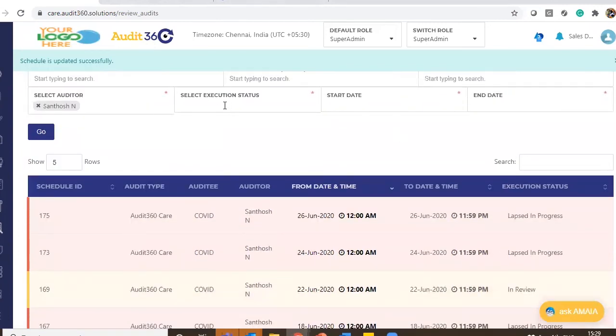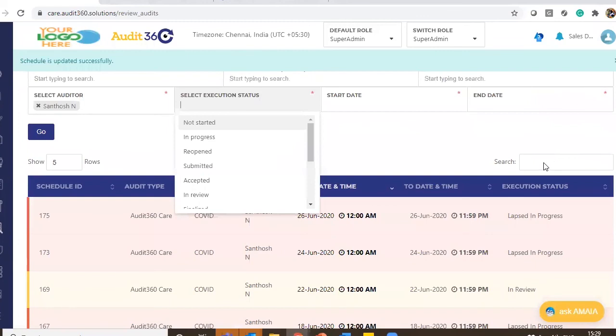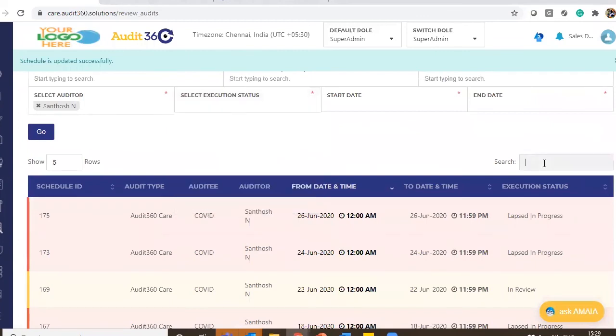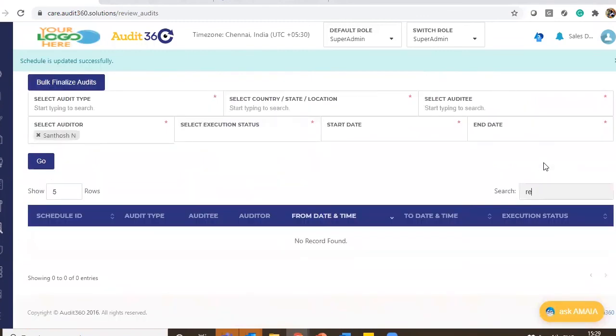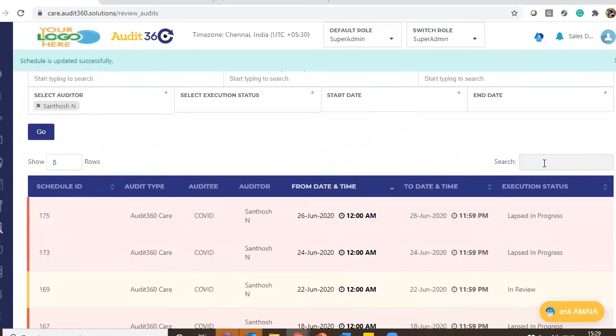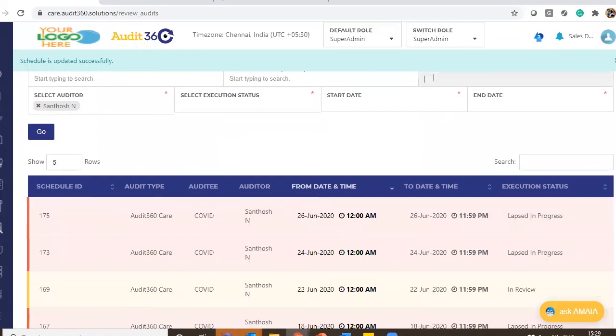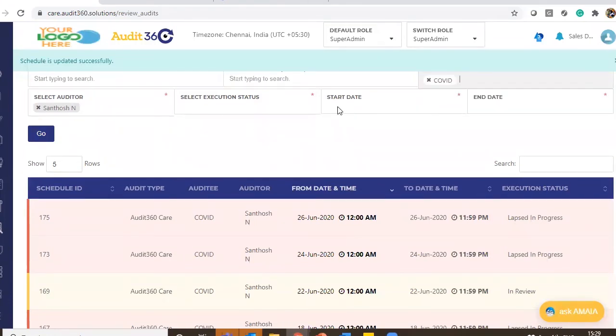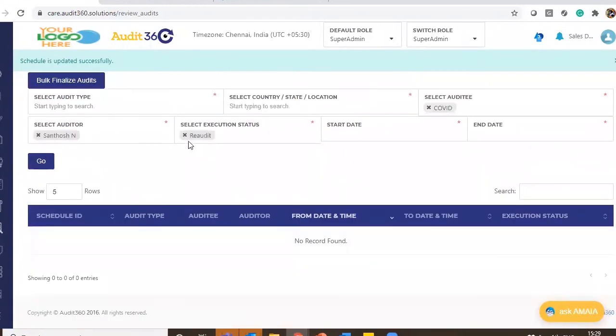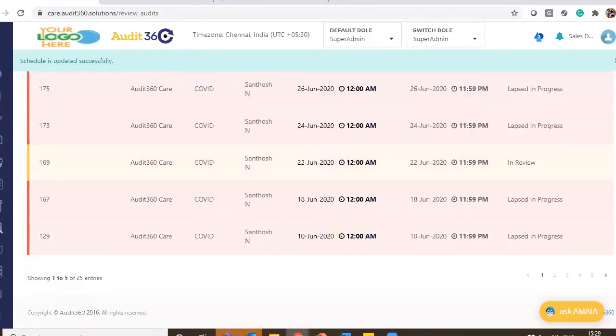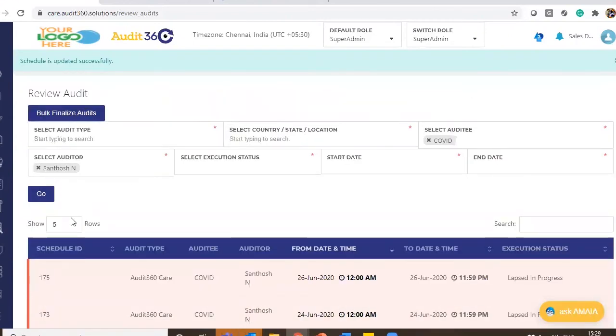And I have the audit status would get changed to. I will just increase the number of entries here.